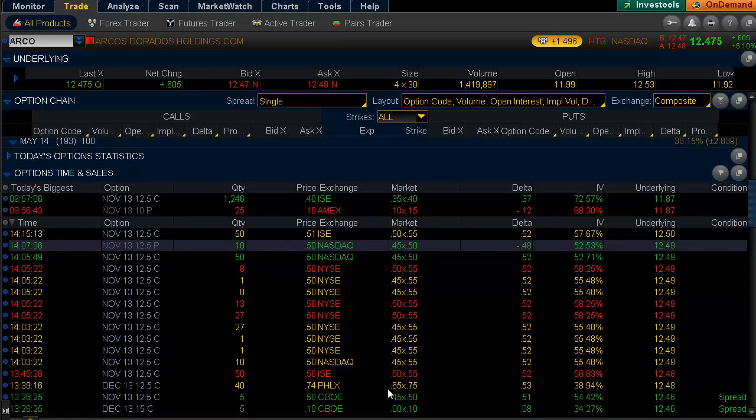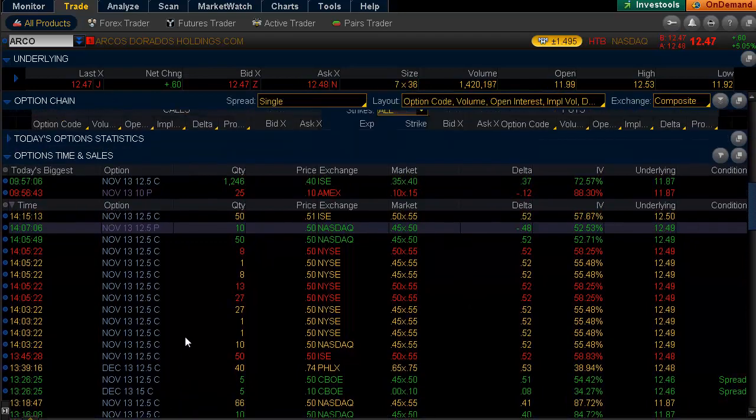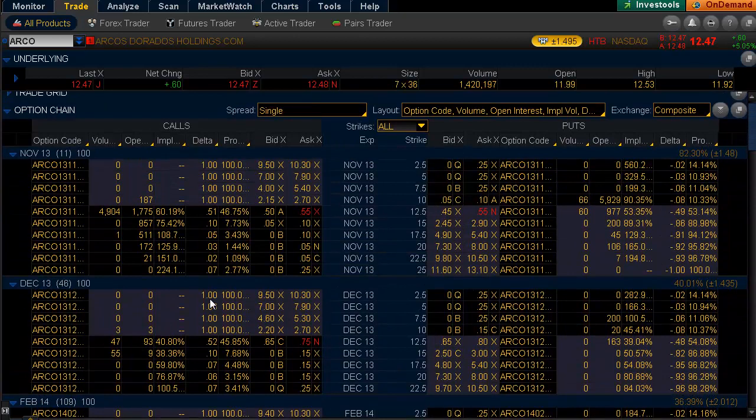So one of the things that you can see here is that somebody actually put on a diagonal spread. They actually, it looks like they possibly bought these, or may have sold these or bought these. It's only 5 contracts, but these are the kind of things that you want to keep a lookout for, some kind of diagonal spread. And that's what I mean by pairing, especially with option strategies with it. So one of the things that you could look to do